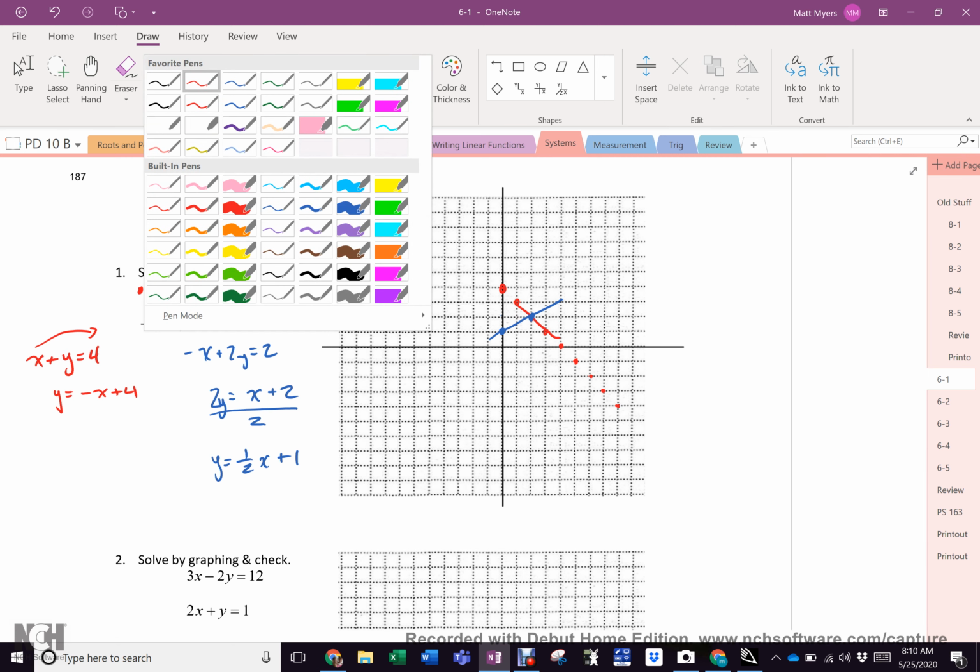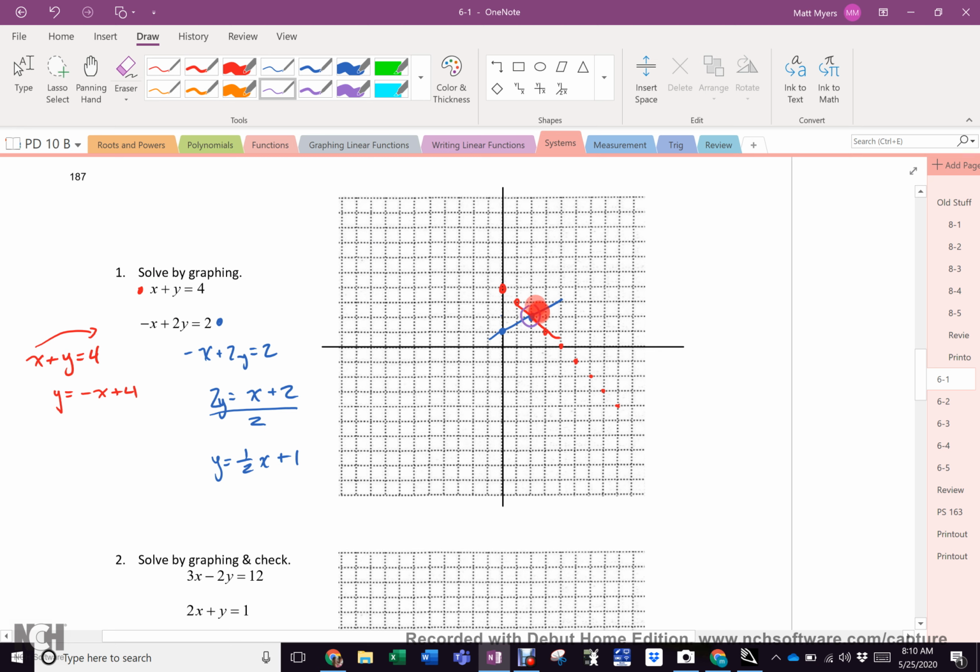And so, red and blue make purple. That purple dot right there is 2, 2. And that's the solution. Now, everybody always says, and you know I do this joke all the time, mathematics, I do it right,